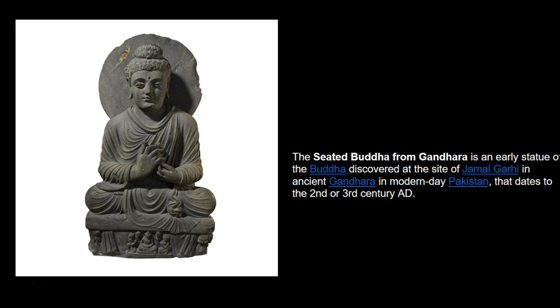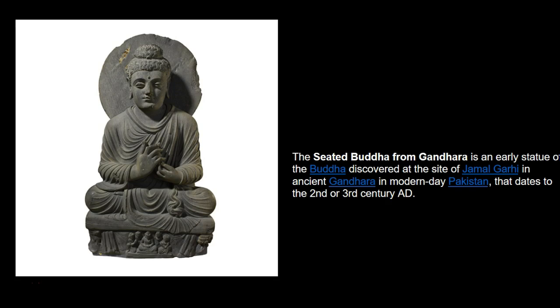So this is a gray schist Buddha. The schist, it's a very hard stone, and the sculpture represents the transformation of the Buddha iconography and the impact of cultural influences, specifically Hellenistic culture. We'll be looking at the Hellenistic culture in ancient Greece. This was one of the last periods in ancient Greece during the reign of Alexander the Great. And we'll talk a little bit more about what that means.